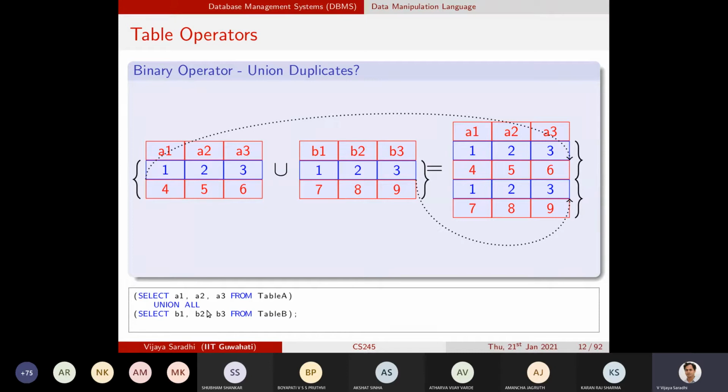The way we instruct SQL is: select A1, A2, A3 from table A. There is no difference, we did the same thing earlier as well. But the only difference is that we say union all, to retain all the duplicates also, and then select B1, B2, B3 from table B. So this is instructing that please do not remove the duplicates. That's how it will be populated.